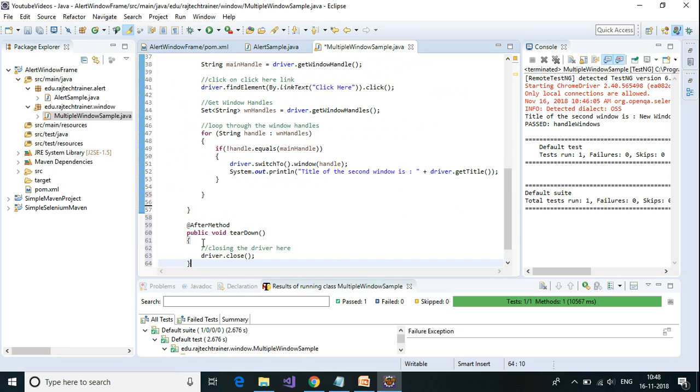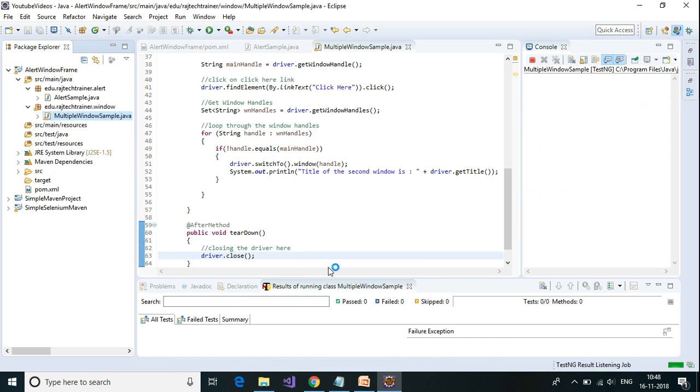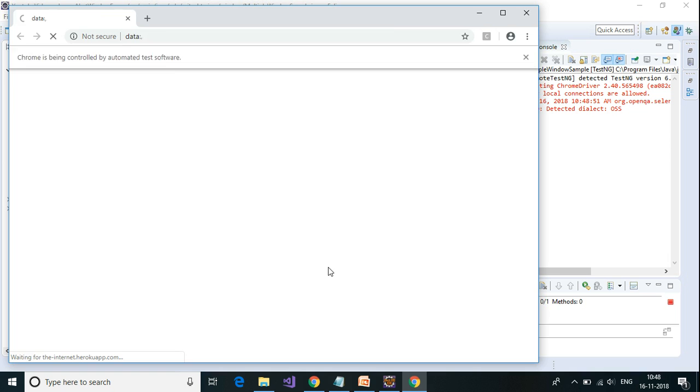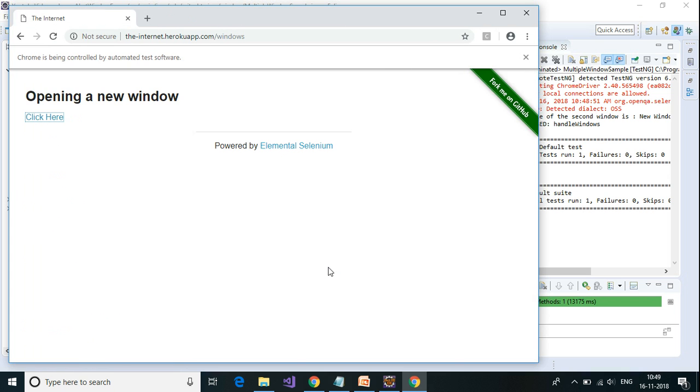Okay, I'm going to add this here. After method, this driver.close will close the current window. So let us see now. Again, run as TestNG. Okay, so now as you can see, it had opened 2 windows and it has closed the one